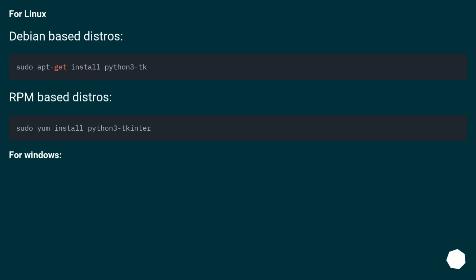For Linux, Debian-based distros, RPM-based distros. For Windows,